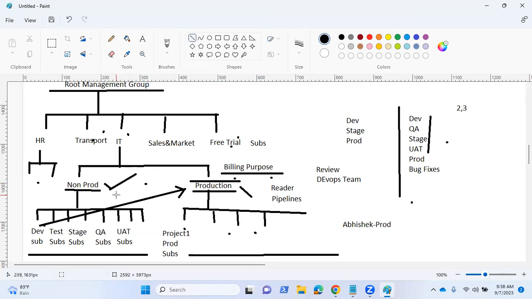Different management groups, different subscriptions. Okay, you can create in one also. You can create, don't create non-production or production management group, just create subscriptions inside IT. But that will do nothing but just create chaos if you have a number of projects there. So for maintaining all those projects, definitely you need this kind of architecture